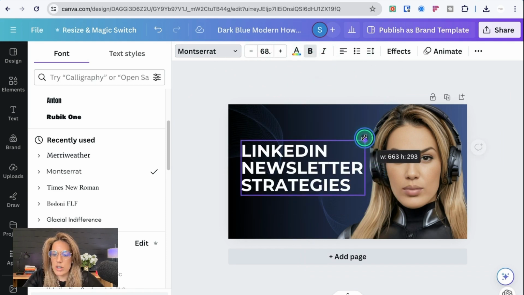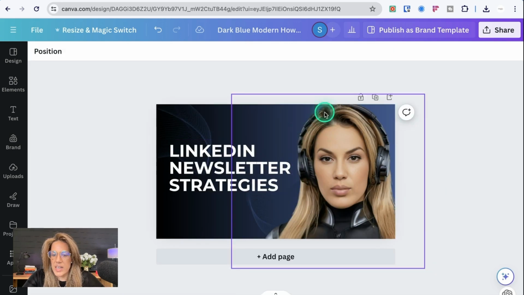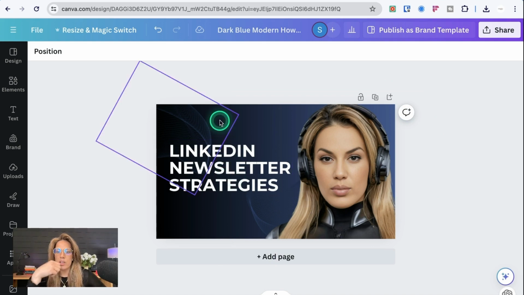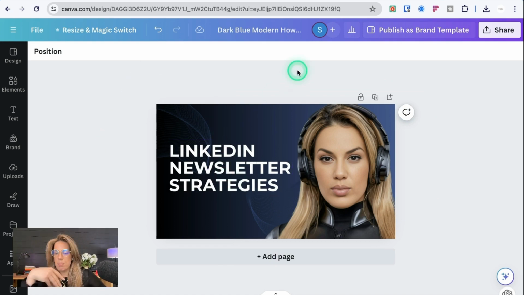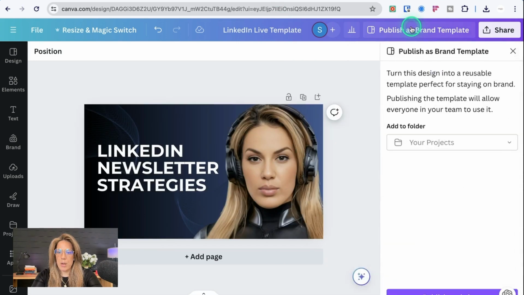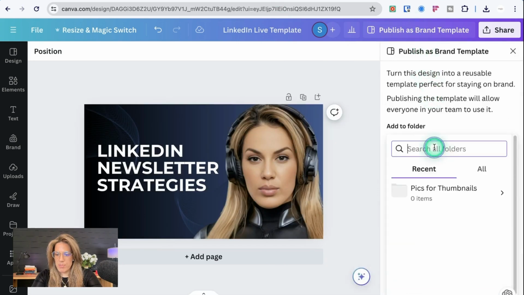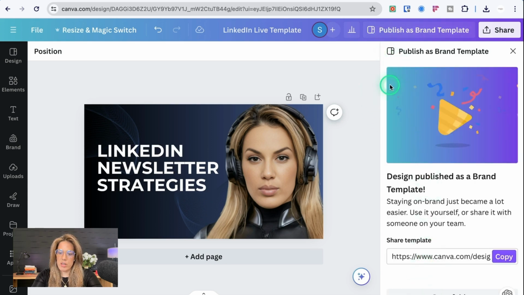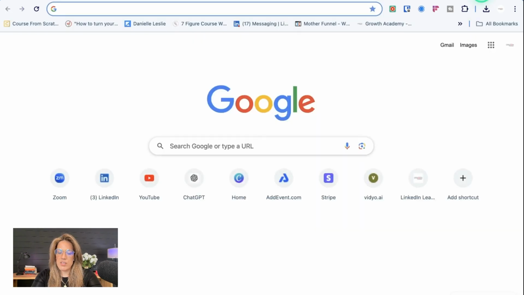Now the beautiful thing about this is that you only really have to do this once, because once you have this, let's say a headshot of yourself and then the title of your event or your newsletter, you can create what's called a template. I could create this as a LinkedIn live template, and then I could publish this as a brand template in my projects. Publish and close. And so every time that I enter this template,